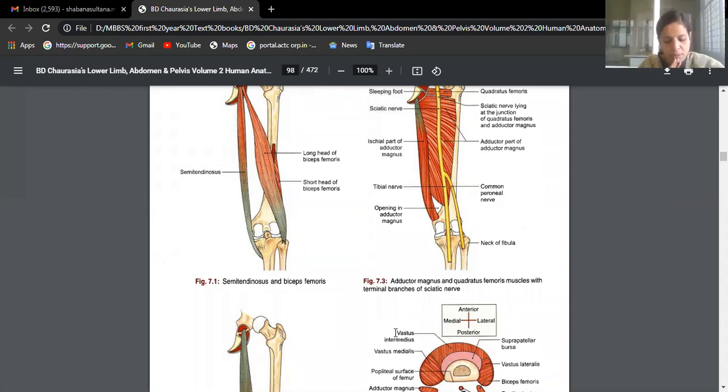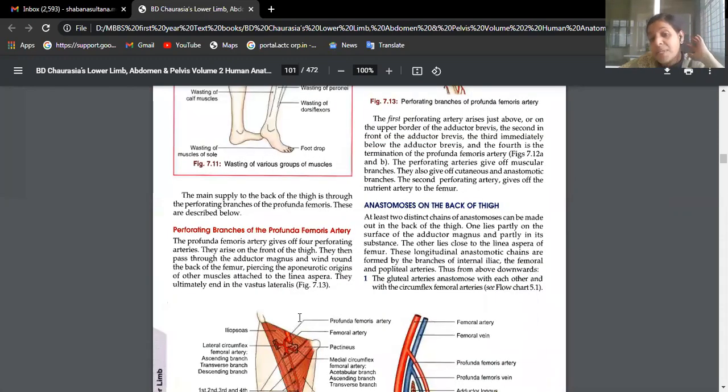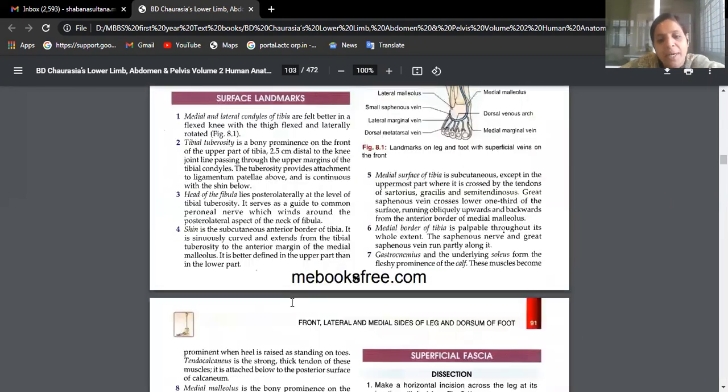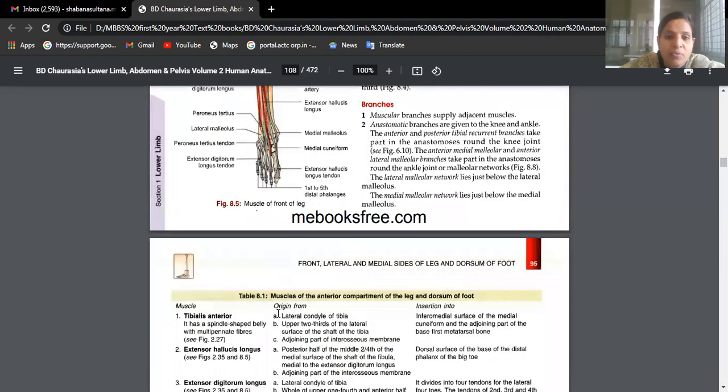Hamstrings, thoracic duct. Then we have a question for 3 marks, beta. Dorsalis pedis artery. That means here we have 30 marks. What is dorsalis pedis artery, beta? It's the continuation of anterior tibial artery. Okay. Just now you have seen terminal division of popliteal artery, no? Which is dividing into anterior and posterior tibial arteries. So anterior tibial artery goes into front of the leg, beta.